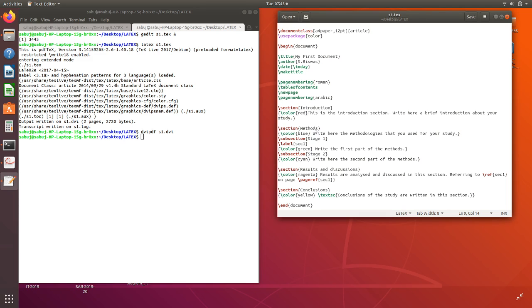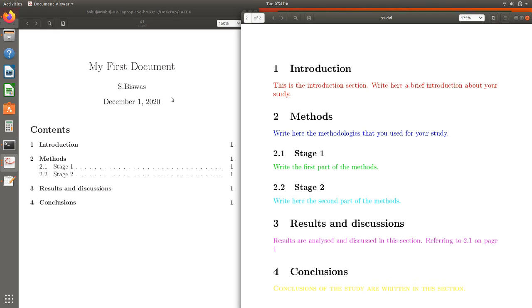So let us go to the output. Here is the output. See here, this was the first page, so we are not interested in this because this page is not changed in this case. Only the changes made here, in this section. So see here, this is the red color, this is blue color, this is green, this is cyan, this is magenta, and this is yellow. So you see here that magnificently or very beautifully we can change the colors of our text, and we design our document fantastically, which can attract